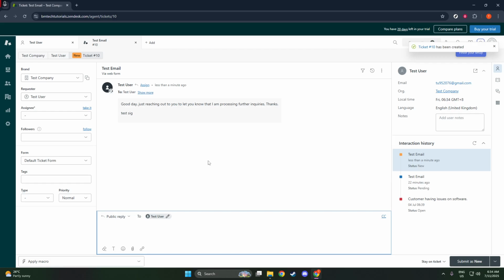It's reassuring to know that Zendesk efficiently handles the logistics behind the scenes, giving you more time to focus on crafting effective communication. Easily accessing the ticket later ensures that you can track the conversation and provide timely follow-ups if needed. That's the straightforward process of sending an email in Zendesk, a tool designed to improve customer communication with minimal fuss. Remember, practice makes perfect, so applying these steps regularly will help you become even more adept at managing your